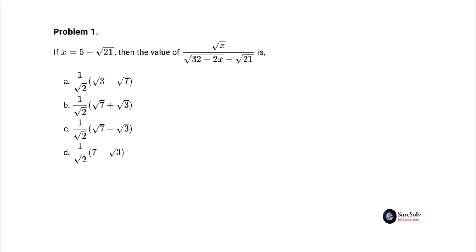Root x equal to root of 5 minus root 21 is a double square root surd as root 21 comes under a second square root. To solve the problem, we have to express x as a whole square expression to free root x of its outer square root. This is called double square root surd simplification.